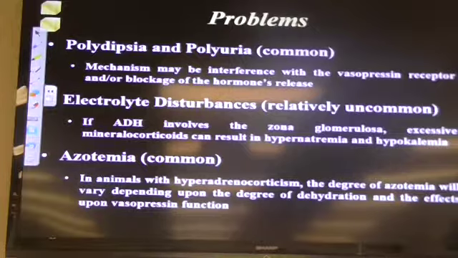Okay? You can get azotemia again, that's just increased non-protein nitrogenous substances, BUN and creatinine. And that depends on how bad you're losing water. If you lock that animal away from water, it's urinating all the time, it's going to get pretty dehydrated, so that will vary. Okay, we're going to take a 10-minute break, and then we're going to come back and do our last